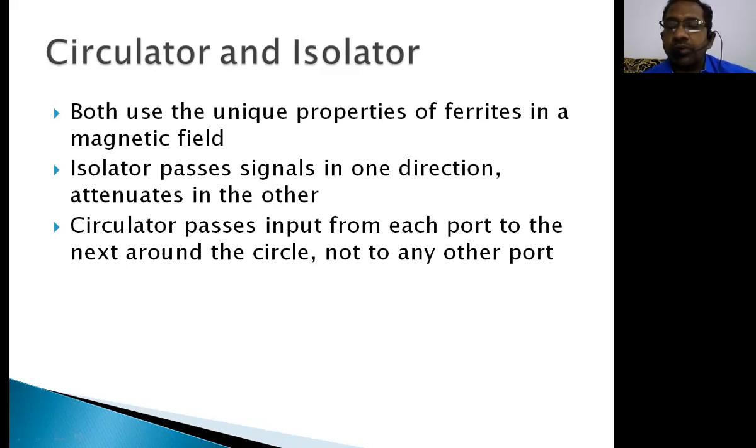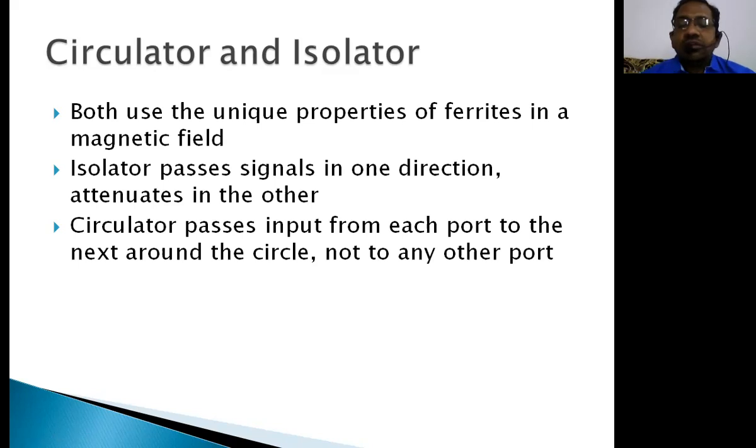An isolator provides a one-way communication, say from port 1 to port 2. From port 2 to port 1, there is no signal. Means what? In an isolator, there is no reflected signal. So just to avoid reflected signals passing through the input circuitry of the microwave system, we use isolators. Therefore, the isolator is always a very important component in the transmitter circuits, right?